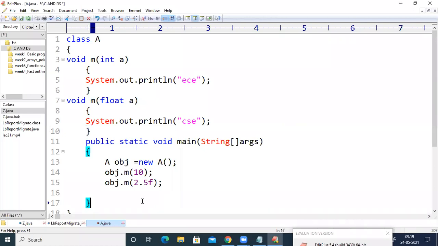Let us see how we can show the difference in terms of order of parameters. We will see the difference in terms of order of parameters in the next class. If you have any doubts regarding today's session, you can raise your hand, and I will unmute you so you can ask the doubts in today's session.